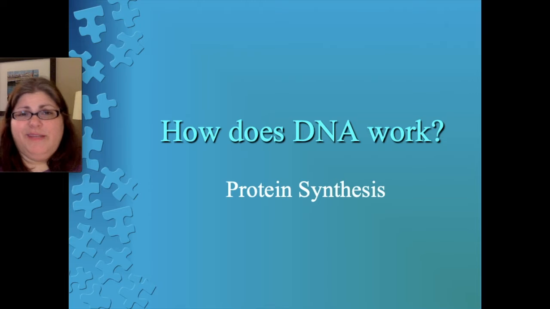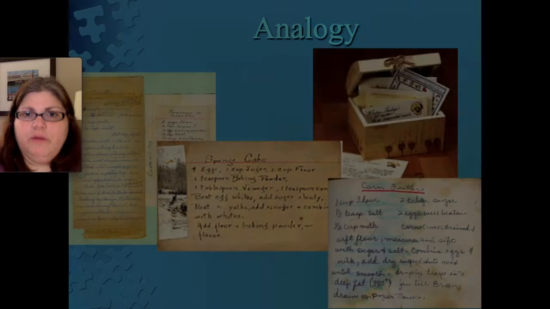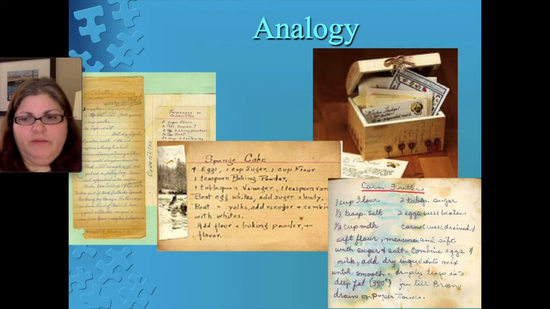So that's all about DNA structure, but how does it actually work? How does DNA function to make proteins? So before we go on, I just want to use a little bit of analogy. Remember that each cell has a complete set of DNA, but only one set. And that one set controls everything that cell will do in its life. And so the cell has a nucleus for the explicit function of protecting the DNA. And so just like if you've got something really special you don't want it to be passed around,